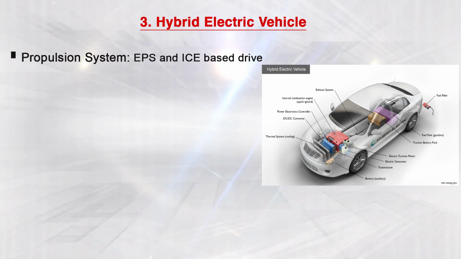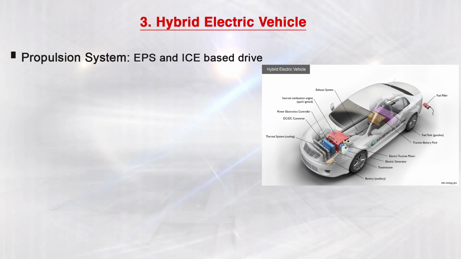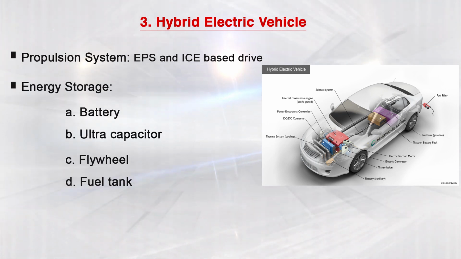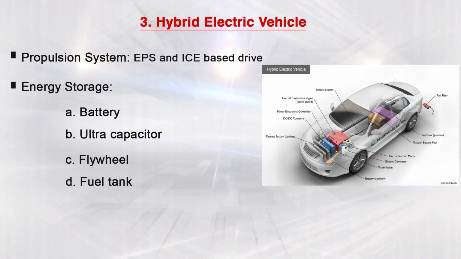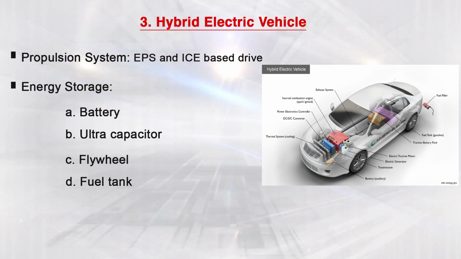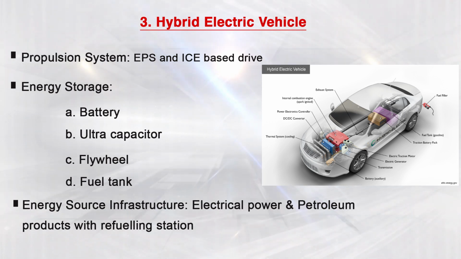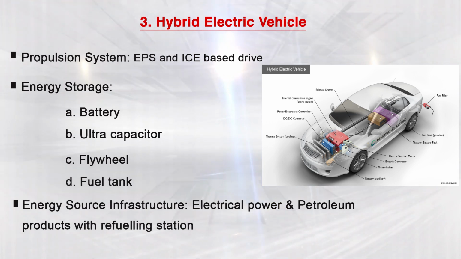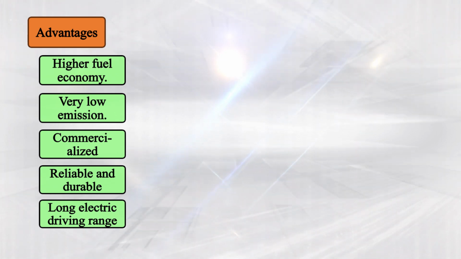Again, the propulsion system is the electric propulsion system and IC engine based drive, combining both the electric propulsion system and the mechanical propulsion system, which both drive the vehicle together. If you talk about the energy source, since both propulsion systems are combined, we have a fuel tank, flywheel, battery, and ultra capacitor. And the energy source infrastructure is electrical power and petroleum product, with refueling stations for both. If we talk about the advantages of the hybrid electric vehicle, then higher fuel economy, very low emissions,